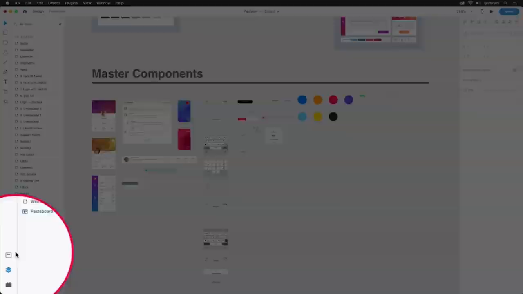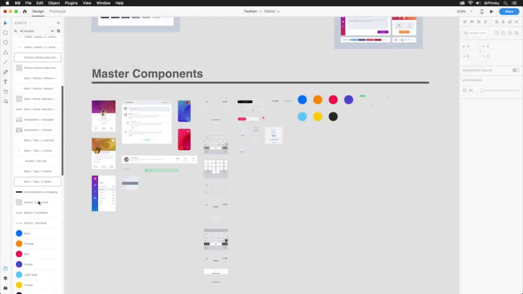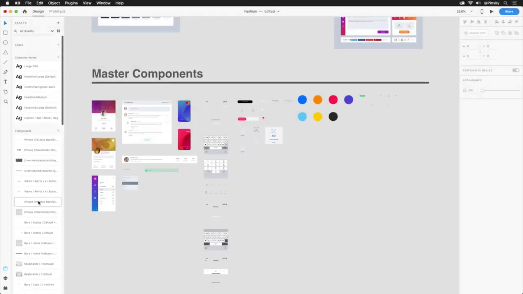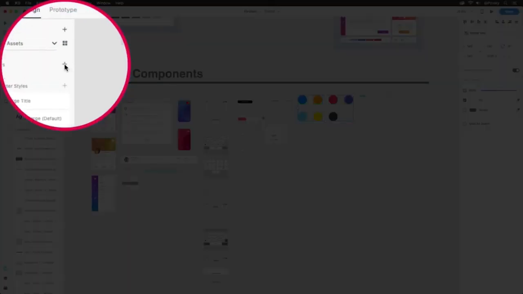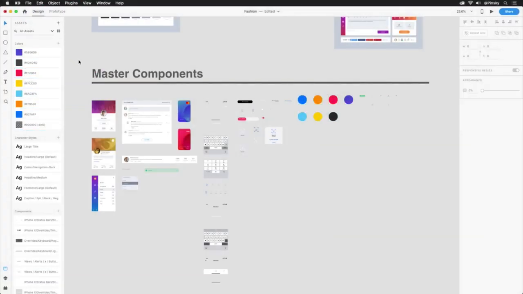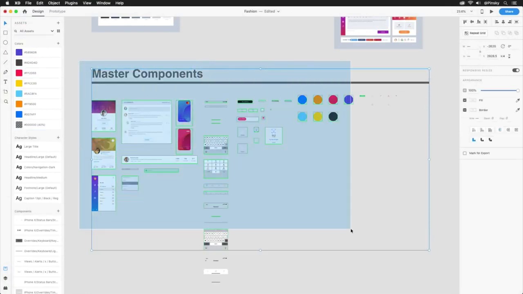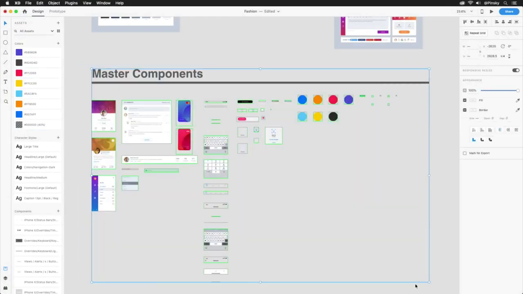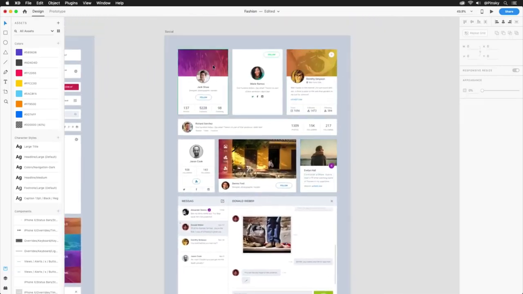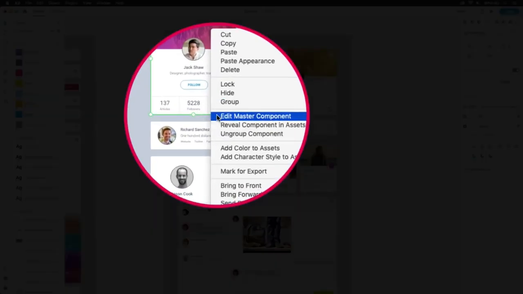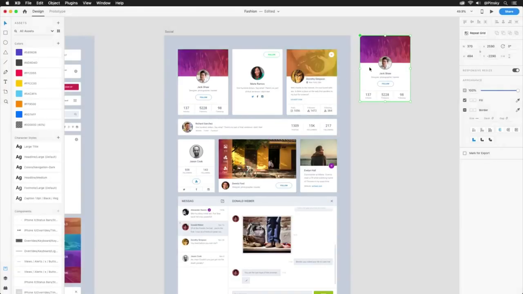Instances will be spread amongst your designs, and you can find the masters in your Assets panel and at the bottom of your canvas. You may also come across some colors in this area, since they're often saved as symbols within Sketch. If you'd like to include them as part of your assets, simply select them all and press the plus button beside colors. Now, since components are stored within your Assets panel, you can either choose to leave the masters on your canvas or delete them to clean things up a touch. And if you ever need to edit one, you're able to right-click either on an instance on the canvas or within the Assets panel and choose Edit Master Component.